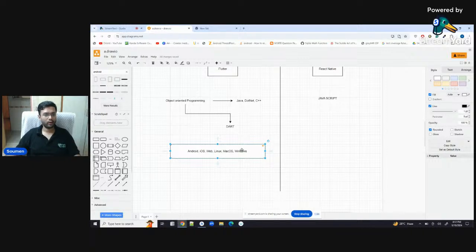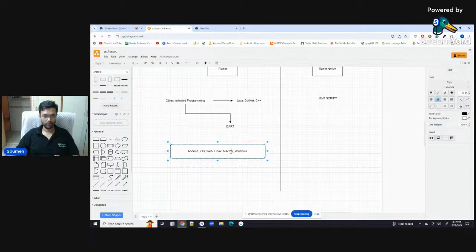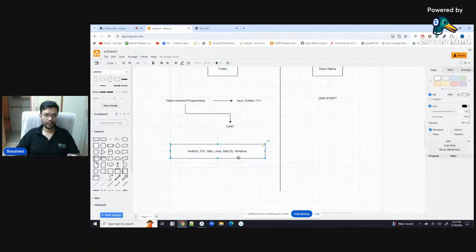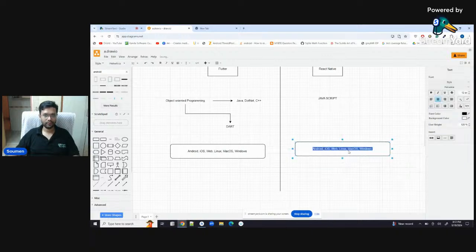Let's say you use Microsoft Office. Yes, you can create an app as complex as that in Flutter. Let's say if you want to create something like Numbers or something like a Mac OS app, you can do it with Flutter. Next, if I were to write it down for React Native,